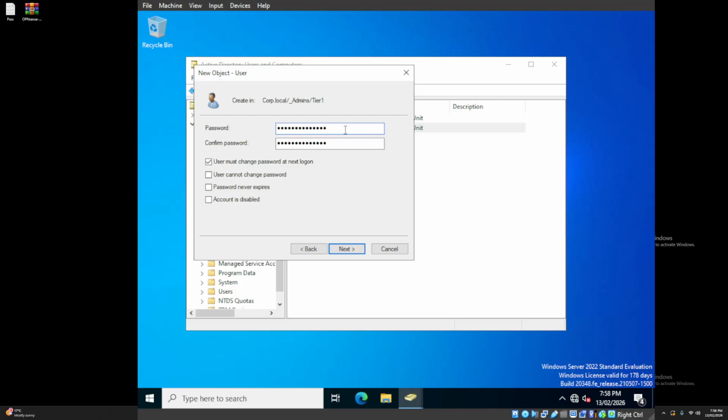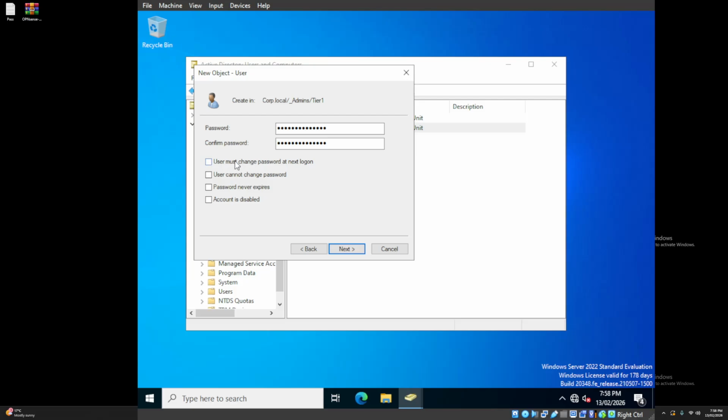For example, we create maybe something like sky is blue at 01, and we give this temporary password to the user, and once they enter that temporary password and log in for the first time, Windows prompts them to change their password. So this is what was checked on, but since this is a lab environment,